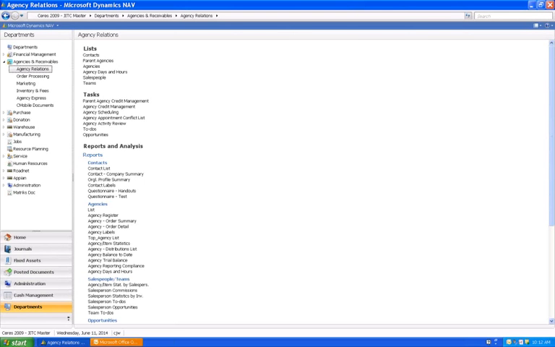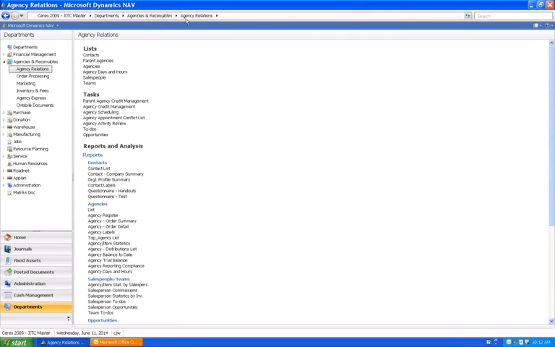So each food bank setup may be slightly different, but you have the option for setting up parent agencies if you desire. Today we're going to go over just setting up agencies, as there's not a whole lot to setting up a parent agency card, and if you're using those, then it's usually discussed during implementation time, the setup for the parent agency. So setting up the agency card, to access agencies, you would go to Departments, then Agencies and